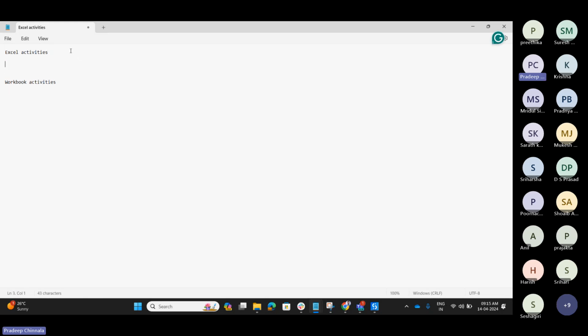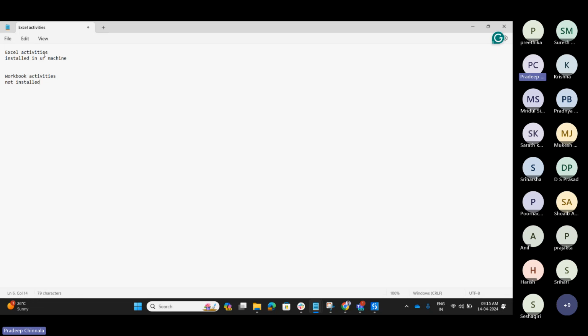But if Microsoft Excel is installed in your machine, then only you have to go with the Excel activities. If Excel is not installed in your machine, then we have to go with the workbook activities, because if you are going to use the Excel activities such as Read Range, what it will do is